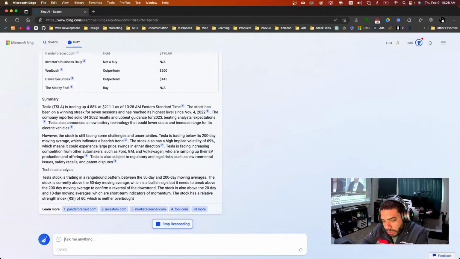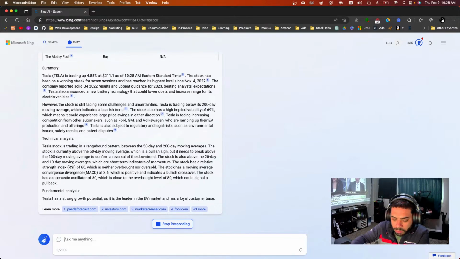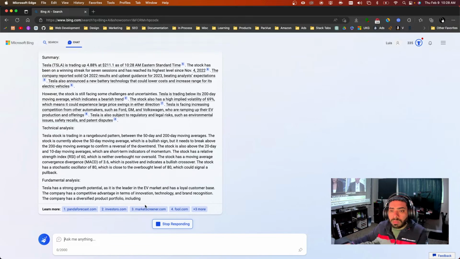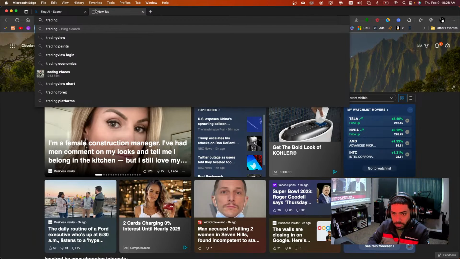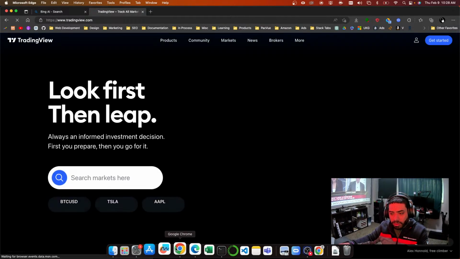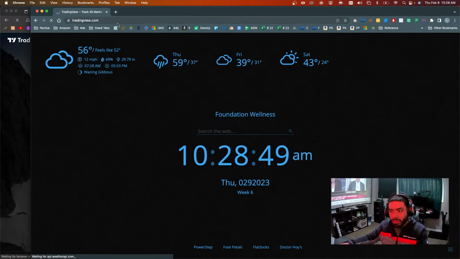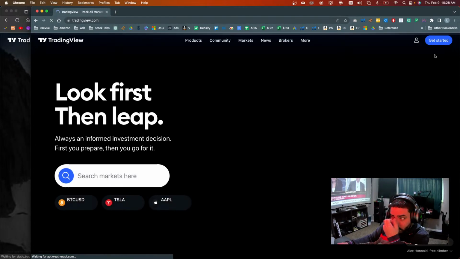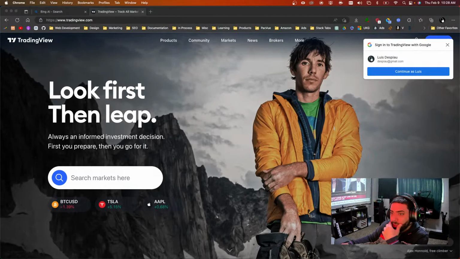Let me see how legit the data is. Actually, I can log in on Chrome because it is my account already. I'm gonna log into my account.